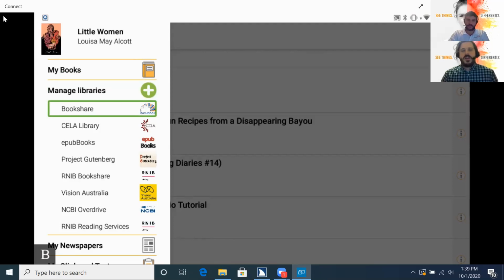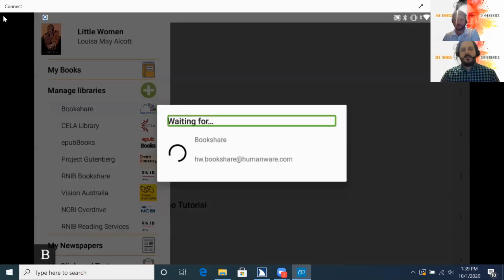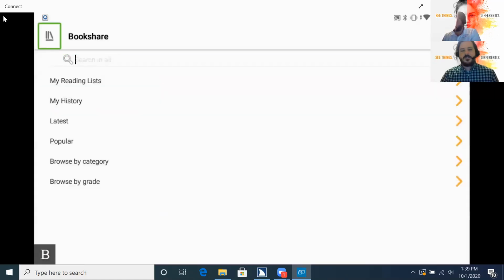So Bookshare, the first time you activate Bookshare, it's going to ask you for your credentials. Once you put in your credentials, now at this point, again, I'm in the bookshelf, so space with B, my side menu. When I activate Bookshare, it's going to load the Bookshare interface. So I'm going to do that. I'm going to press Enter. Waiting for. It's loading. And then it will load the Bookshare API here. Search side menu button. And it puts me right into the Bookshare interface where I can search for a book,